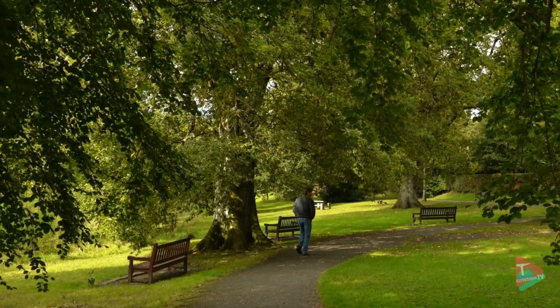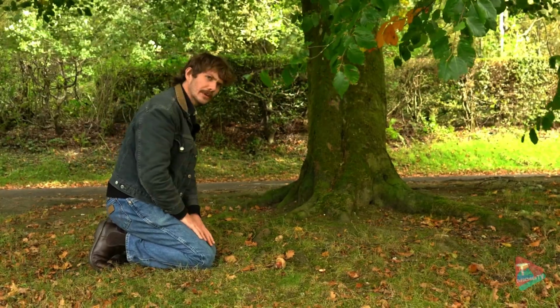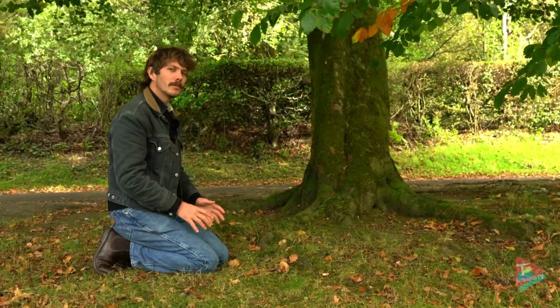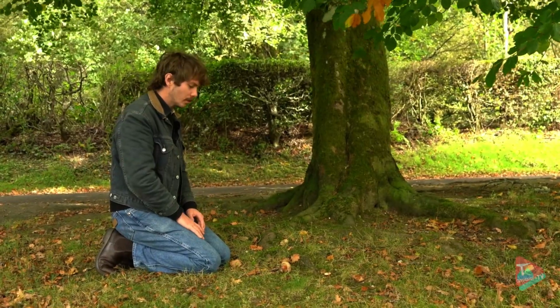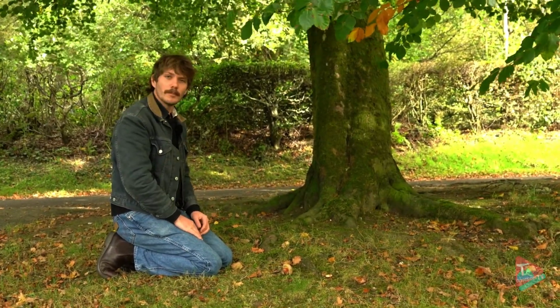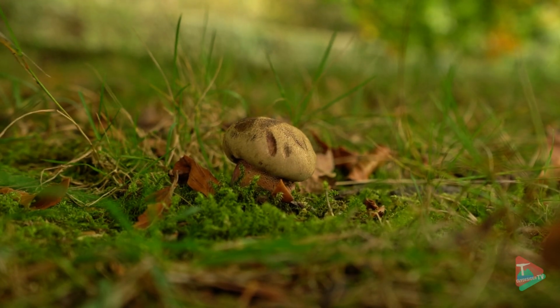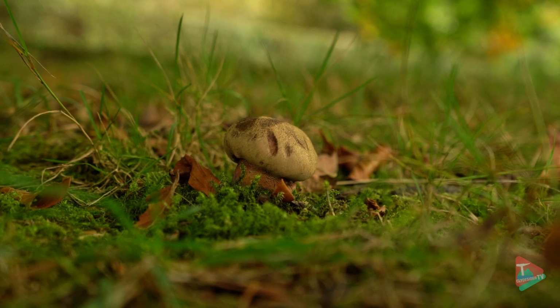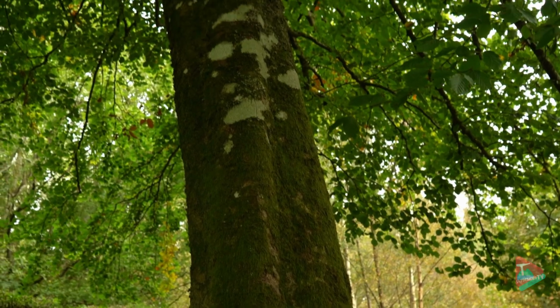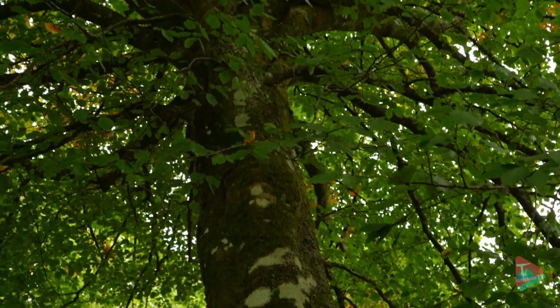So we're just walking past this young beech tree here. And beech are special because they have the most mycorrhizal relationships with fungi. A mycorrhizal relationship is a mutually beneficial relationship where the tree provides the fungus with something that it needs, and the fungus provides something to the tree that the tree needs. And so beech have a lot of mushrooms,